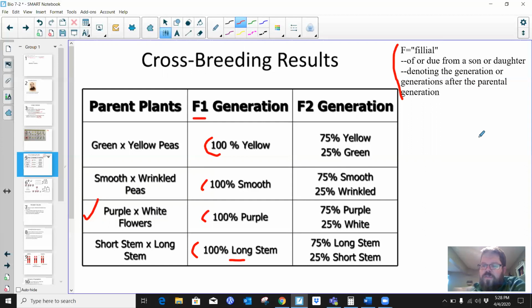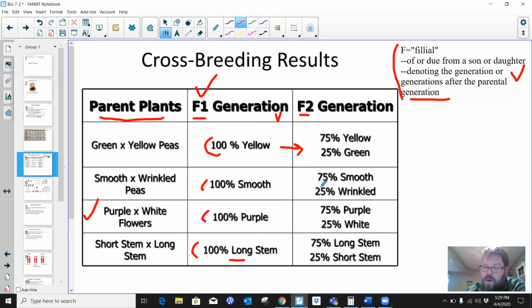So it refers to that relationship between a parent and offspring. From the biological perspective, it denotes the generation or generations after the parental generation. So here we have the F1 generation, that's the first filial generation after this parental cross. And then the F2 is the second filial generation after this. Now in the F2 generation, we would take two individuals from the F1 and cross them to see what results